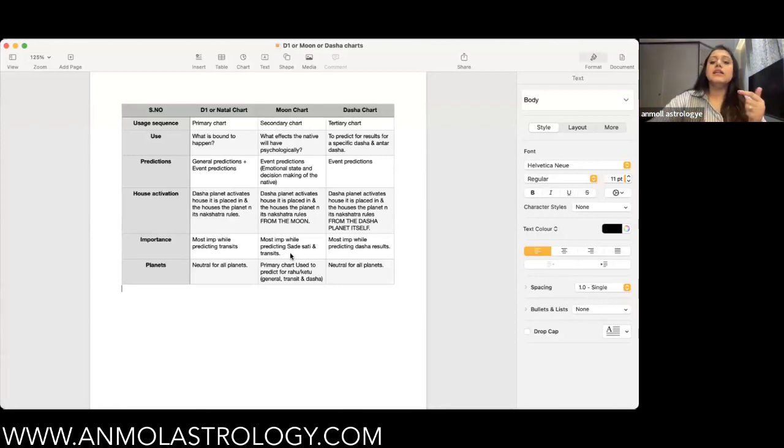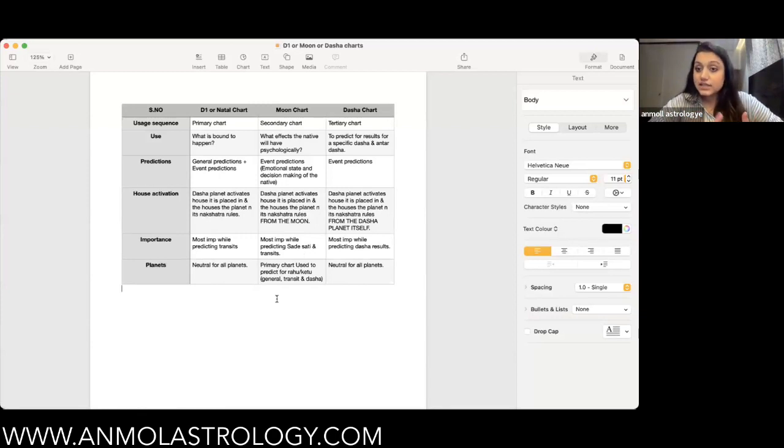Then the dasha chart is most important while predicting dasha results. Now lastly, the planets. The D1 chart is neutral for all planets, and the Dasha chart is also neutral for all planets. So any planet's Mahadasha or transits that come around, you're going to study through the D1 chart or the Dasha chart. But specifically, you need to refer to the moon chart